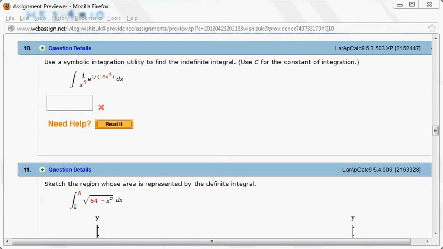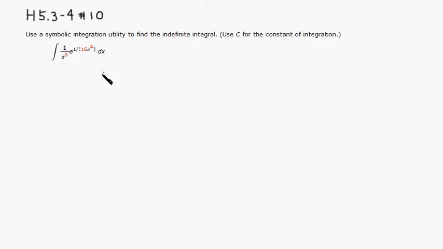All right, let's look at homework 5.3, 5.4, number 10. We want to evaluate this indefinite integral using substitution. So let's do that. In this case, we want to simplify the power here. So we said let